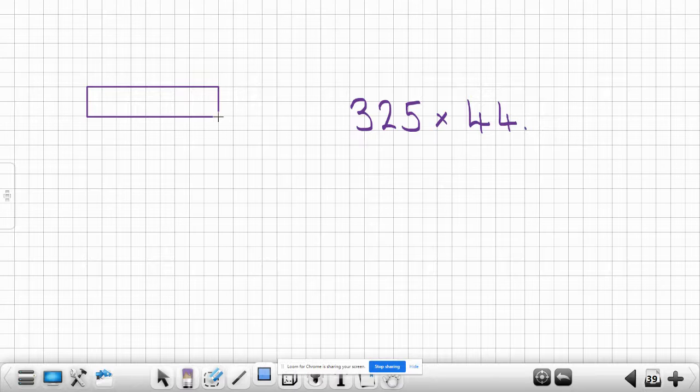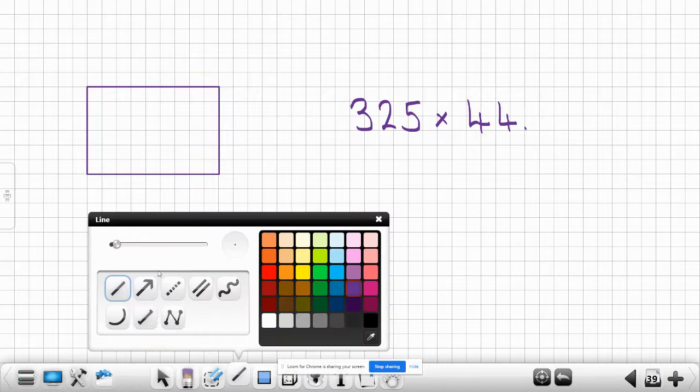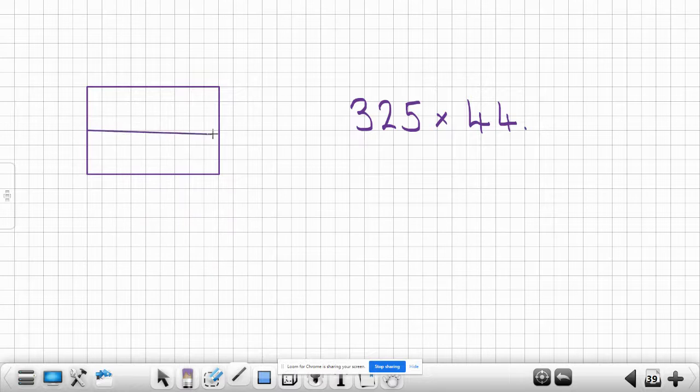And of course, it's not going to be a square anymore because I only need to go down 2 because my second number has only got 2 digits. So 3 for the first, 3 for the second. So this time I'm going to have a rectangle like that. I'm still going to have a line going across there, but this time I'm going to have 3 columns. So I need to put a line after the first 3 boxes and then after the second 3 squares, like that. And it's now set up